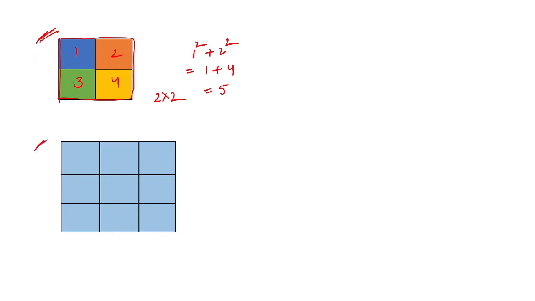Let us move to the next one. In this diagram, there are 3 rows and 3 columns. Total number of rows 3 and total number of columns 3. So this is a 3 by 3 square grid. Now find out the total number of squares. To find out, first of all, place numbers like this: 1, 2, 3. Then take squares of these numbers and finally add those numbers. Means 1 square plus 2 square plus 3 square equals 1 plus 4 plus 9, equal to 14. Total number of squares present in this particular diagram is 14.